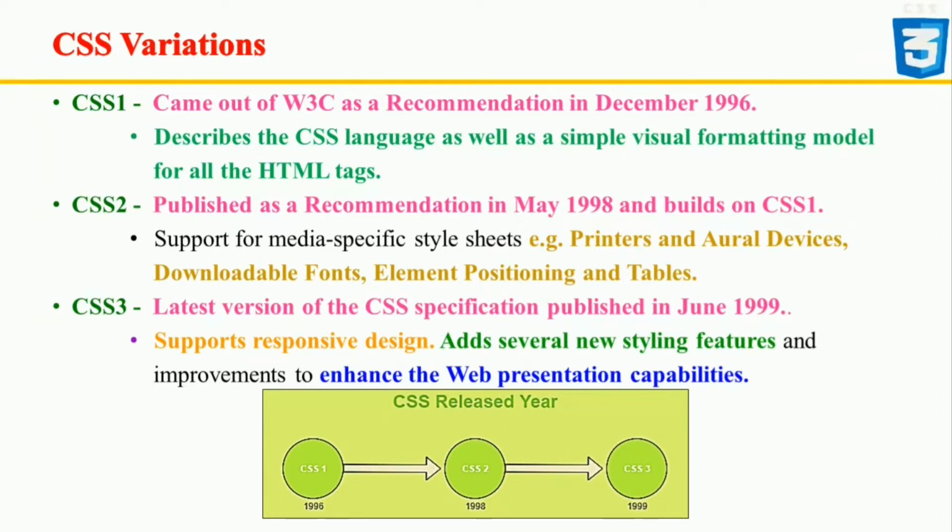The earliest CSS3 drafts were published in June 1999. On 7 June 2011, the CSS3 color module was published as a W3 Consortium recommendation. CSS3 is an enhanced version of CSS and hence it is always advised to use the latest version as it contains bug fixes, improvements, and new features in accordance with current technology. CSS3 supports responsive design. Responsive design is referred to designing a website in such a manner that it looks good on all screen sizes. It should not break or misalign components on changing the screen size.